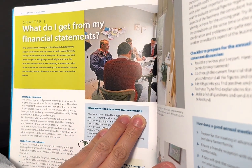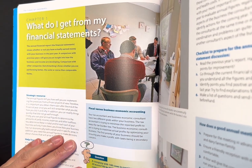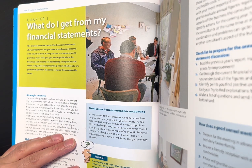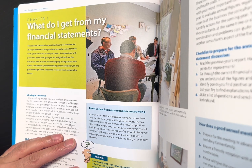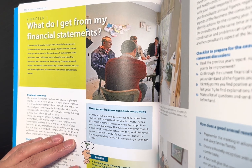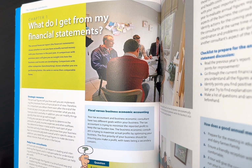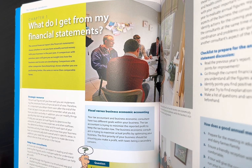What do I get from my financial statements? The annual financial report shows whether or not you have actually earned money in your business in the past years. A comparison with previous years will give you an insight into how the business and income are developing. Comparison with other companies shows whether you are performing better, the same, or worse than